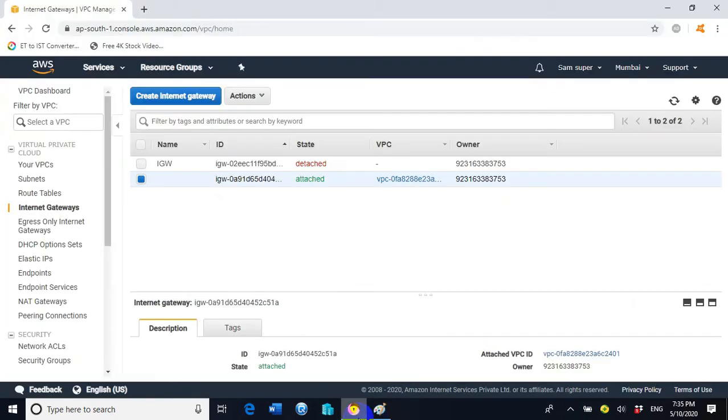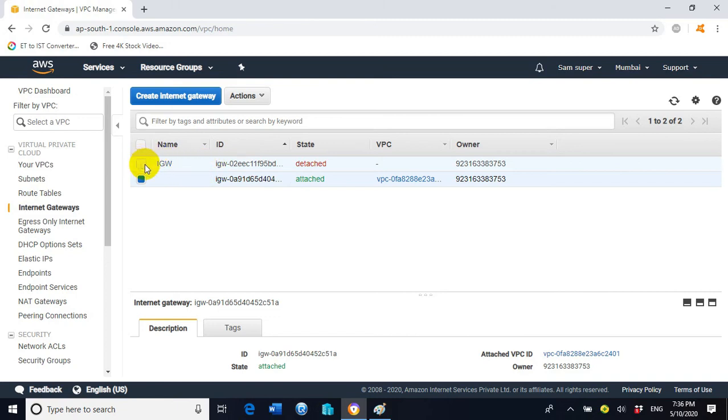Now it is showing the status of the internet gateway as detached. Detached means it is not yet associated with the VPC that we have created, or any VPC. So now our next task is to associate the internet gateway IGW with the VPC we created before.